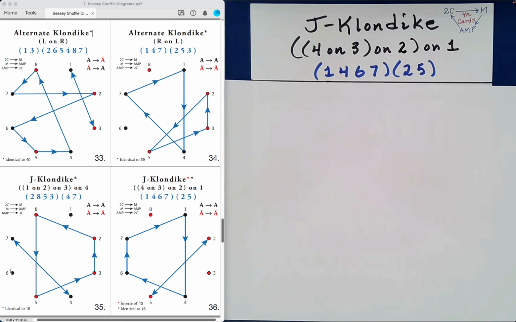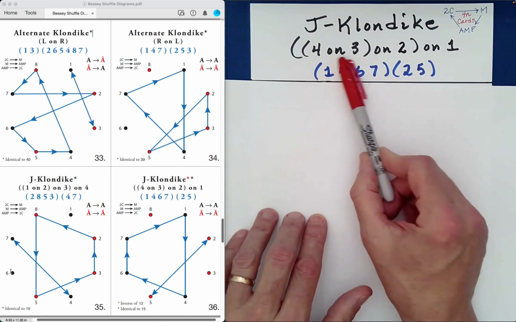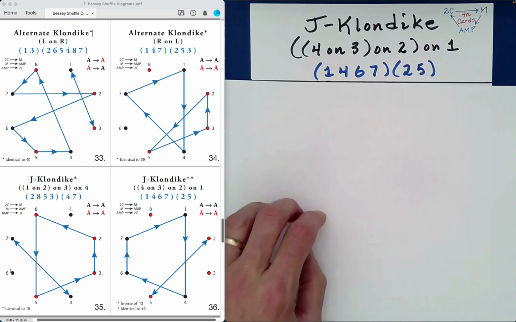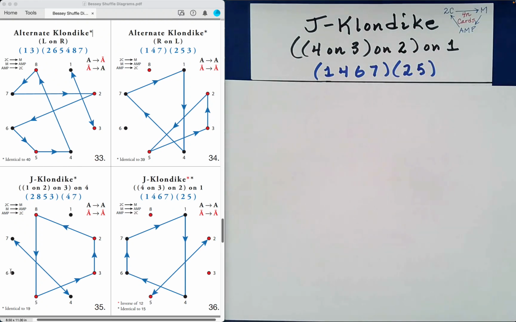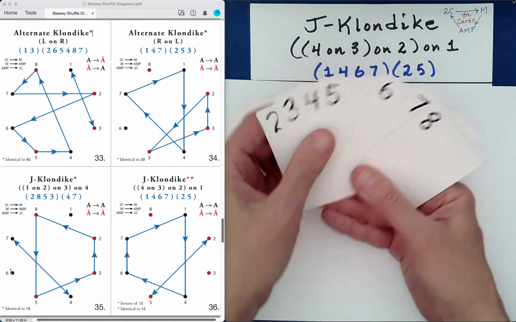This is also a judicious Klondike. So it's a dealing out into 4 piles by way of the Klondike shuffle. But this time we will be stacking from right to left. And so we'll show you how to read that notation in just a moment. So let's go ahead and begin with our ordered packet 1 through 8 and perform our shuffle